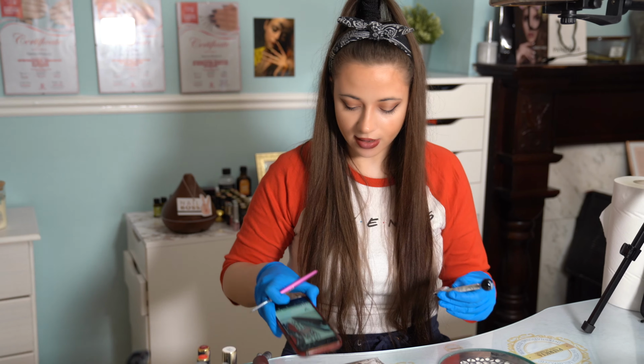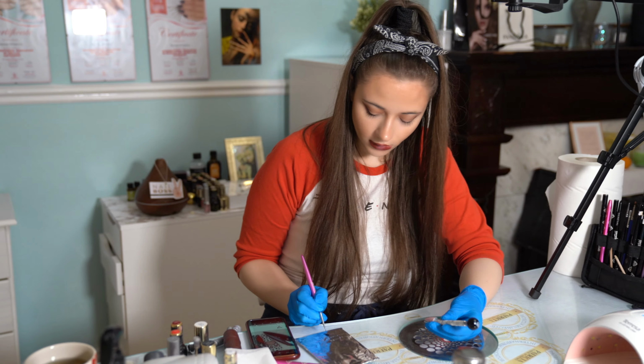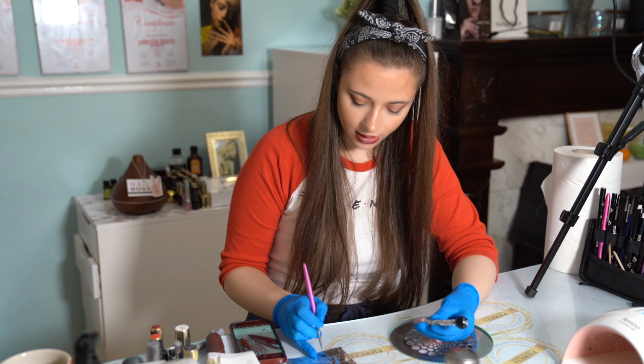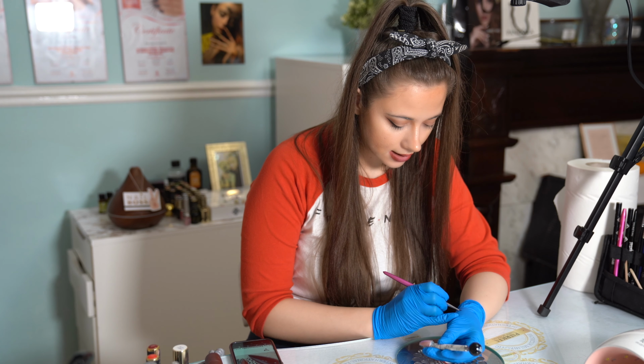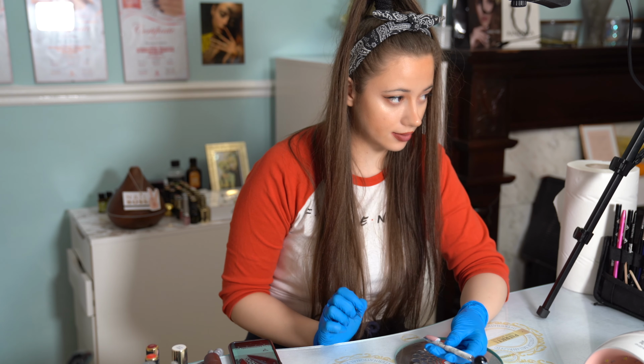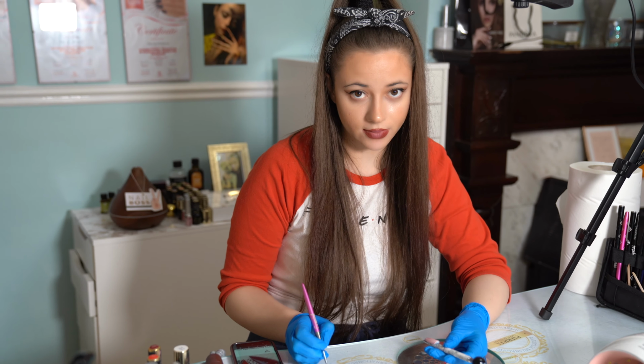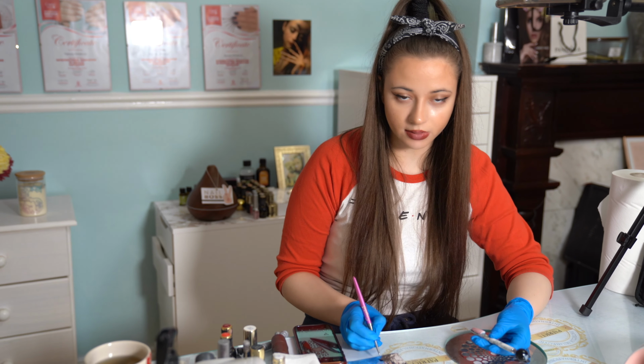And anyway, I just have a photo here in front of me of what I want to recreate. So first I'm gonna dip my brush into that black. I'm just gonna clean the excess on the back of my hand, like we always do. If you didn't see my first video, Beginner's Nail Art Level 1, please watch it before you do this. And now I will actually start to